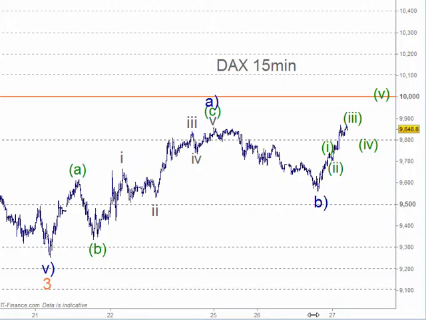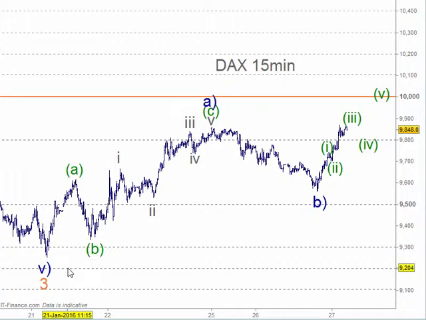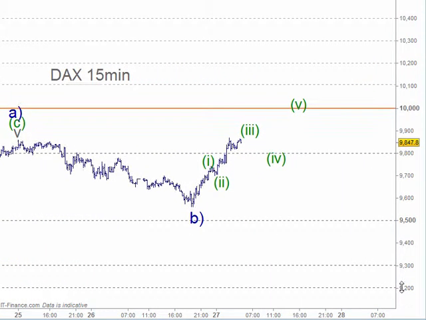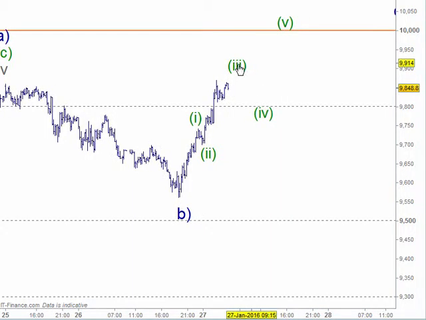In this whole move up off the low for wave 3 here, you can see that it counts better as a wave A in 3 waves, a wave A and a B, and then 1 and 2 and 3 and 4 and 5 finishing for wave A. The B wave pulled back 50-odd%, and then the C wave up here is looking for 5 waves. So within that 5-wave structure, pretty close to the top of the 3rd wave here, we've got 1, 2, 3, 4, 5 here, then 1 and 2 and 3 and 4 and 5 here for the 3rd, the 4th wave back here, then the 5th wave up through to here.